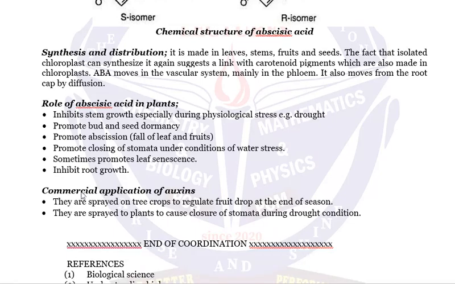So in a commercial application, they are sprayed on tree crops to regulate fruit drop at the end of the season. Kama mmea utaonekana bado na matunda wakati msimu umeisha, ili msimu unaofuata mmea uzae matunda mengine, tutatakiwa to spray abscisic acid. Tukisha spray abscisic acid, this is not auxin, it is abscisic acid. Tukisha spray abscisic acid, manake at the end of the day